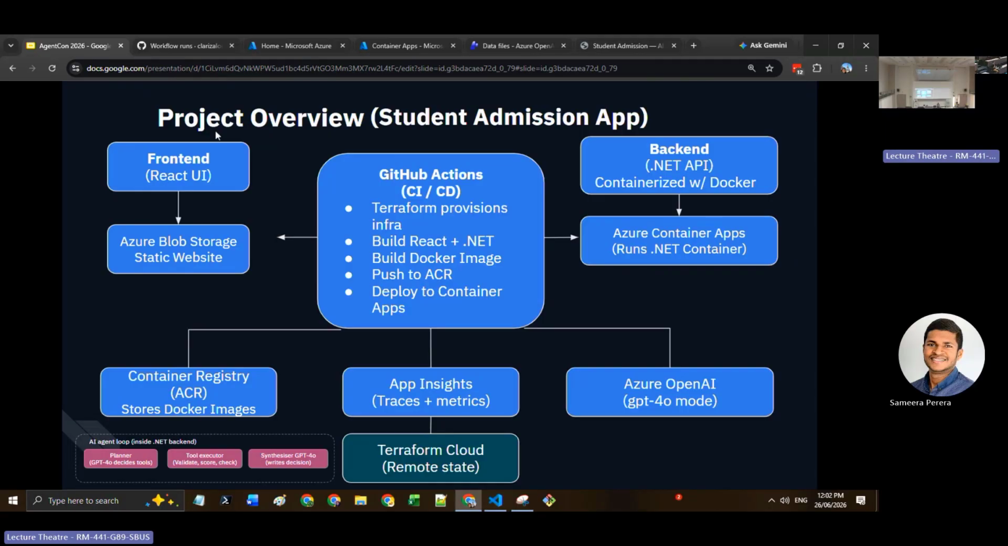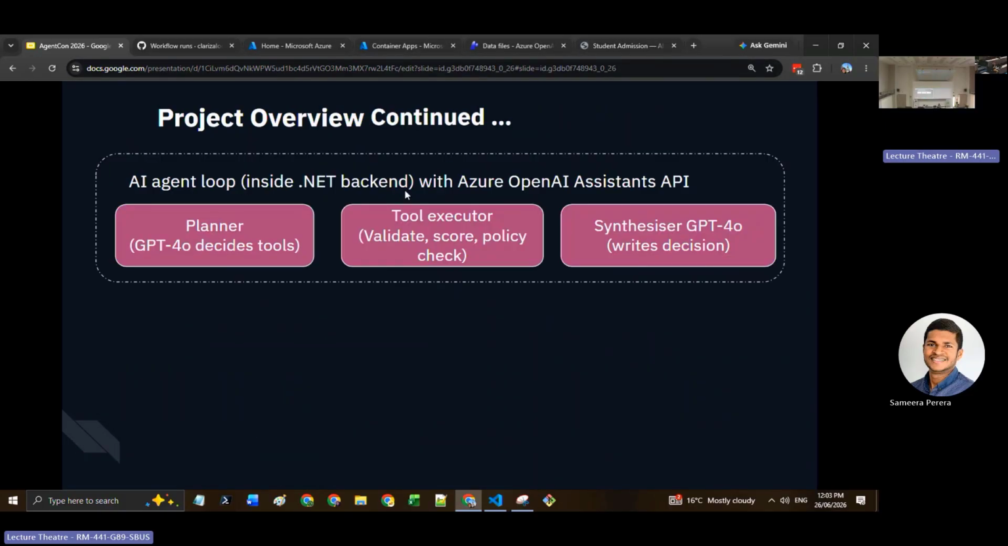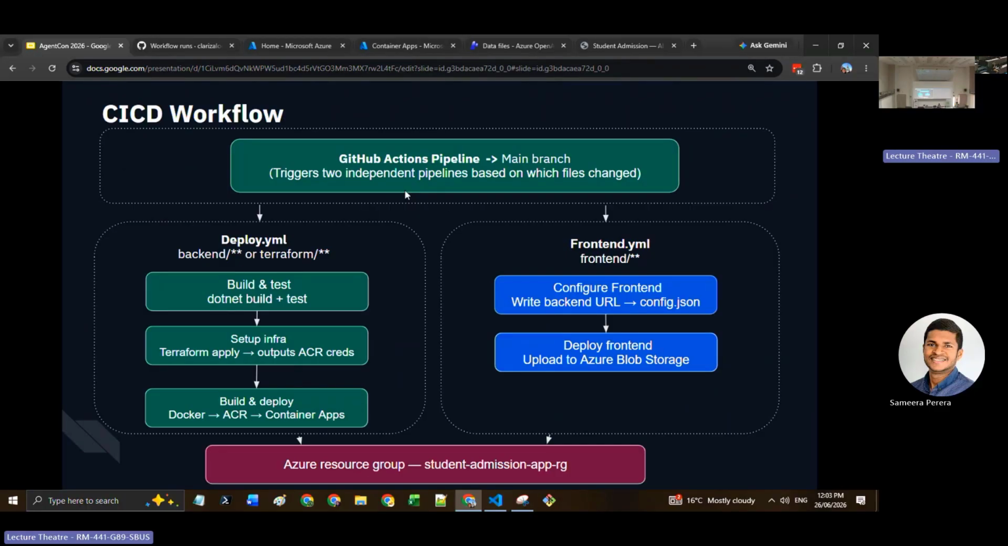So our step here is whenever we do changes, it will provision all the infrastructure in Azure and then build the React app and then eventually build the Docker container and then push it to the container registry and eventually deploy the resources on Azure. So yeah, this is the actual flow